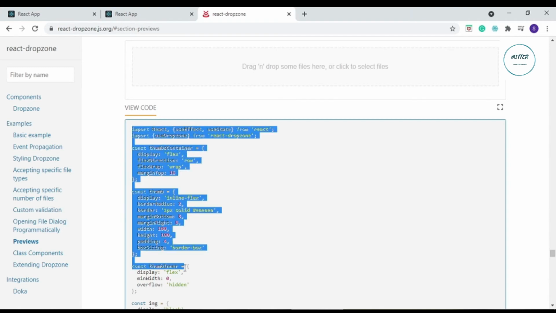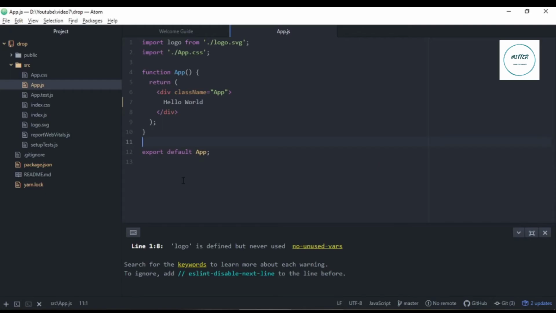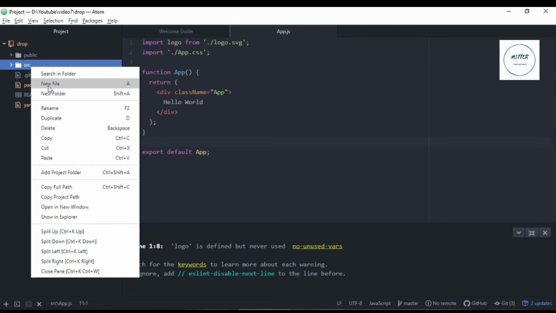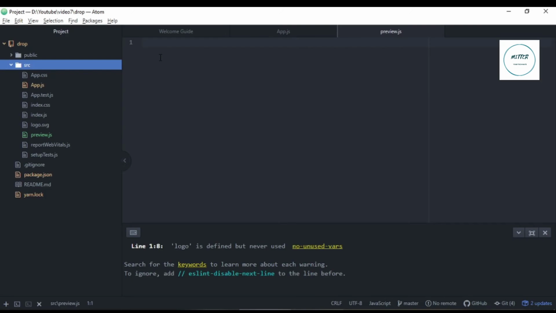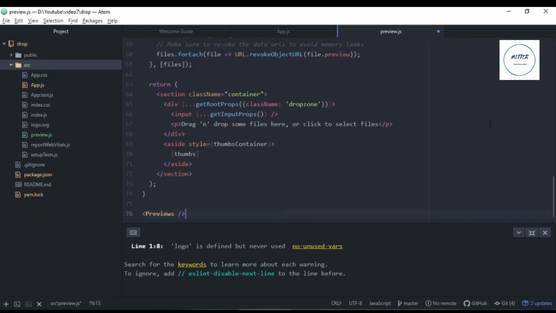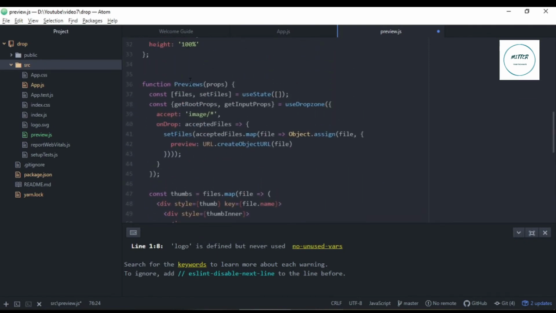What I can do is copy paste this entire code from here and go to my React application. Here I can create a new file which I'll name preview.js, and copy paste all the code that I've got from React Dropzone here. The only change I'll make is that in the last line I'll change it to export default previews, because this is the function provided by React Dropzone.